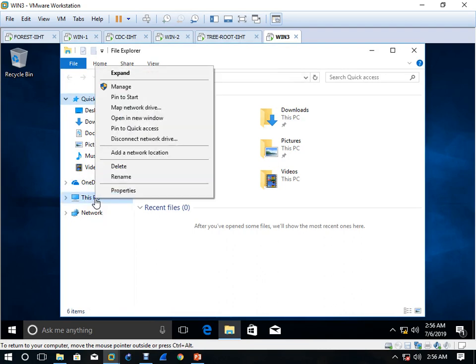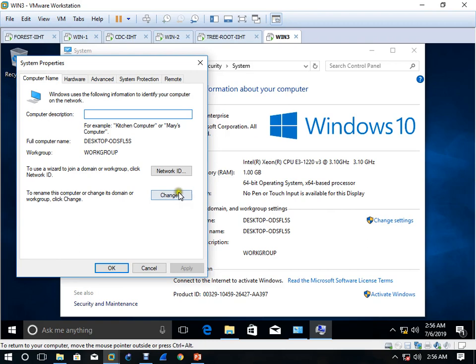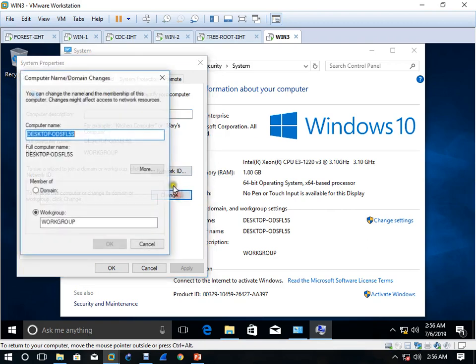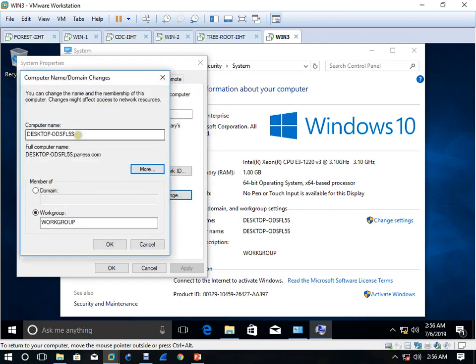right click on the PC, go to properties, click on change settings, then click on change more. Here I am writing panas.com, and then here I have to write the name of the computer. I'll write window 3, and the domain member is, the domain name is panas. And if I click OK,